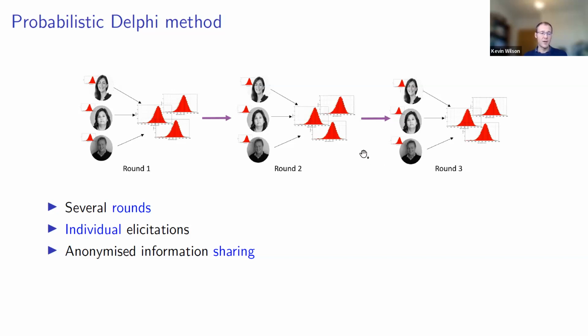So the idea of Delphi is that through the sharing of the rationales and through looking at the values other experts have given, perhaps the variation between the different distributions reduces over time. And so by the end of round 3, you've got a set of judgments which are perhaps closer together than at the end of round 1. And from the experts, that's the sort of rationale behind these things.